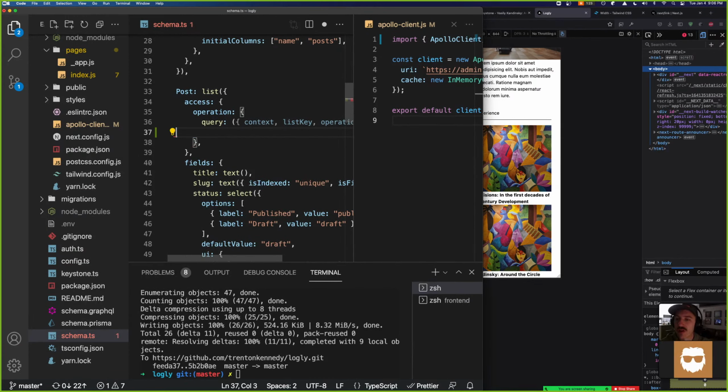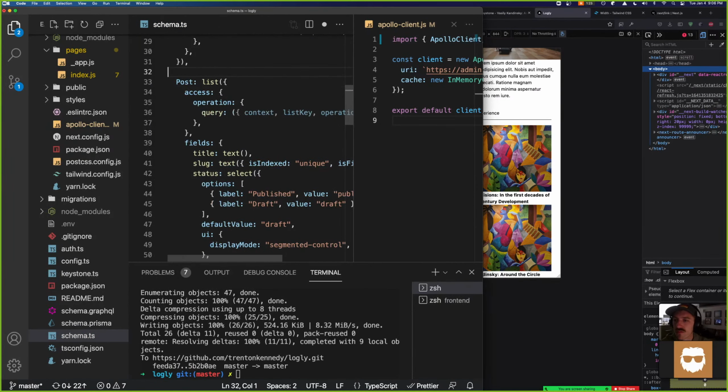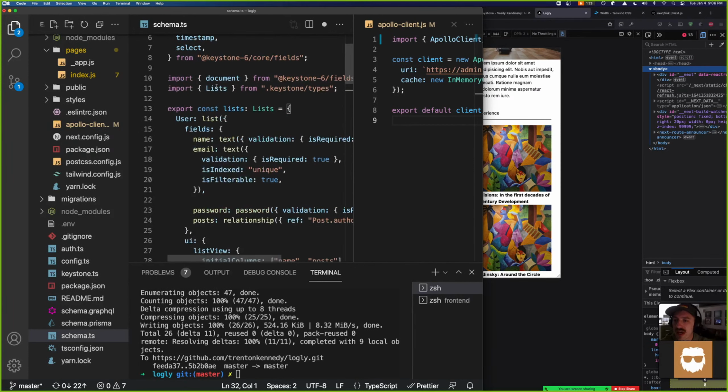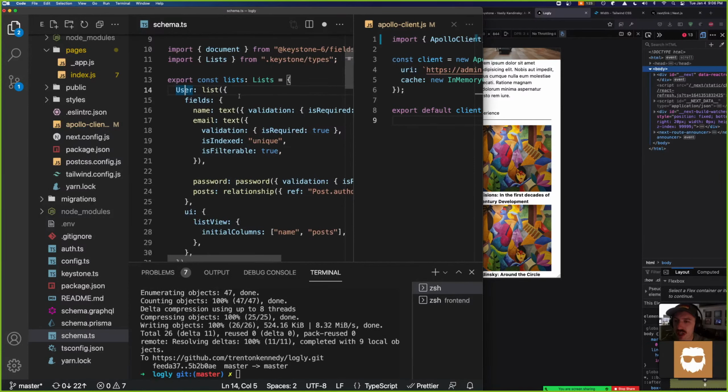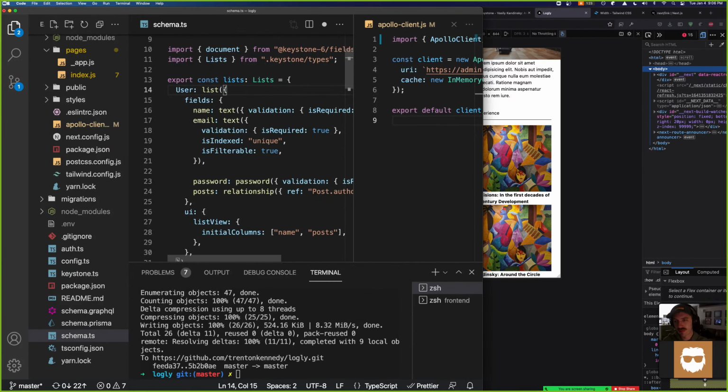But by default, the user data type, as an example, is no access. So nobody can even query this. Does that make sense? You got distracted.